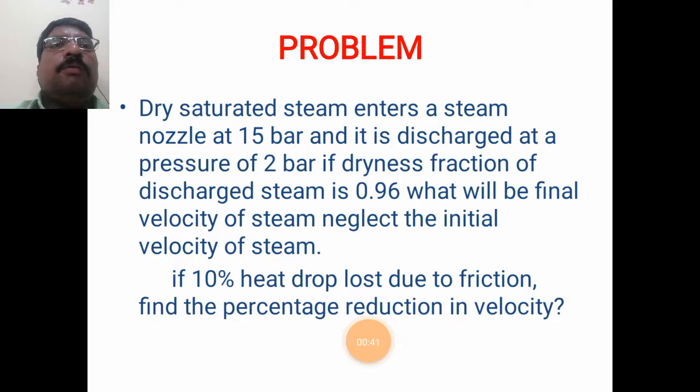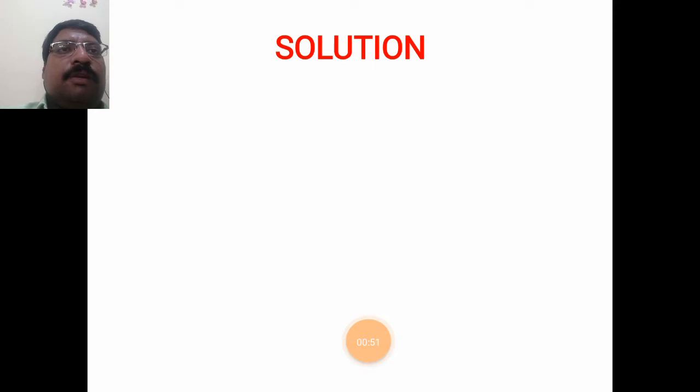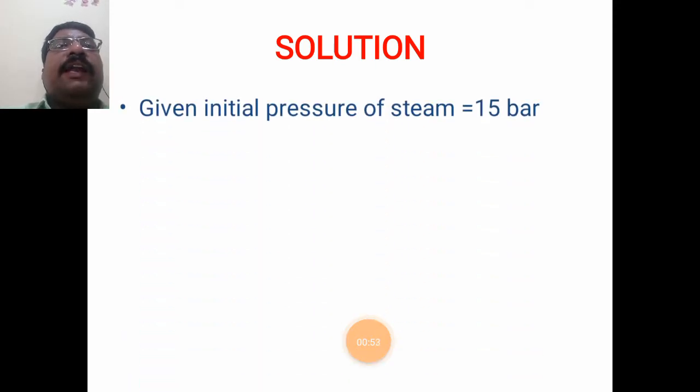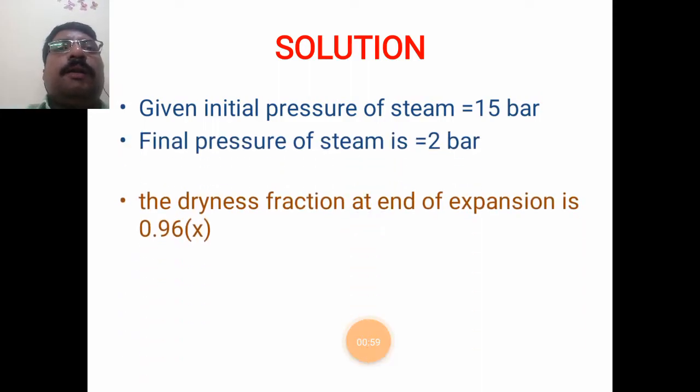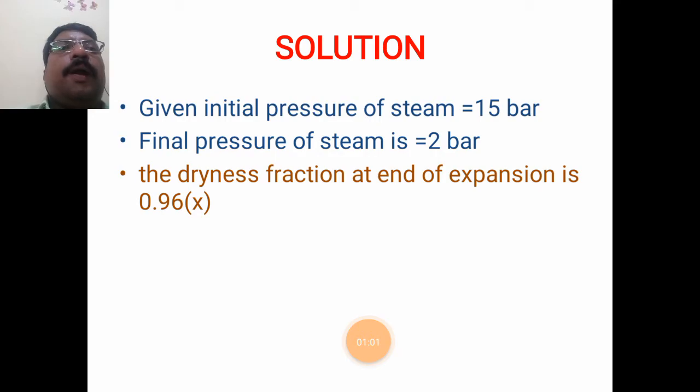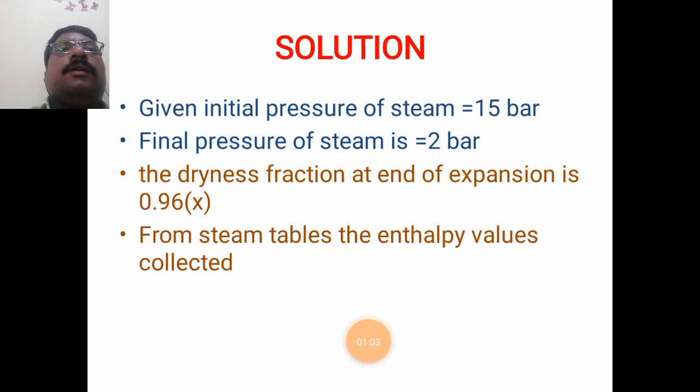Now, in the problem it is also given that 10% of the heat drop is lost due to friction, and we need to find the percentage of reduction in the velocity. So the given conditions are: initial pressure is 15 bar, final pressure is 2 bar, and dryness fraction x is 0.96. Now from the steam tables, if you take the enthalpy values,